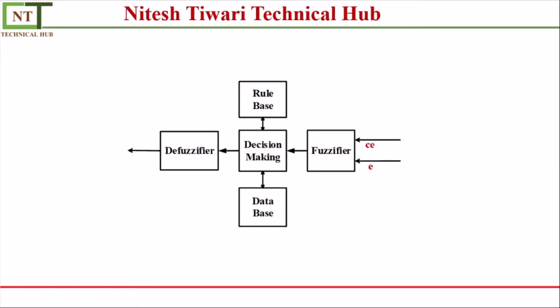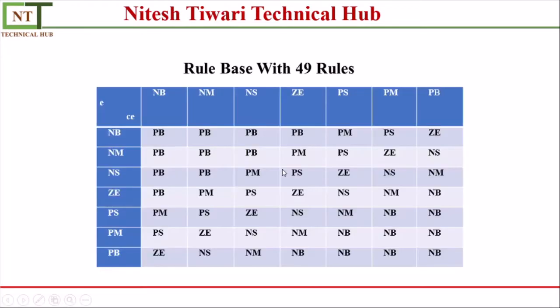and Simulink. So when you are going to MATLAB and Simulink, then you have to write some rule base. What is rule base? You have to write that E represents the error and C represents the change in error. This line is for error and this line is for change in error. So rule base says that NB is negative big, NM is negative medium, this is negative small, Z is zero, this is positive small, this is positive medium, and this is positive big.